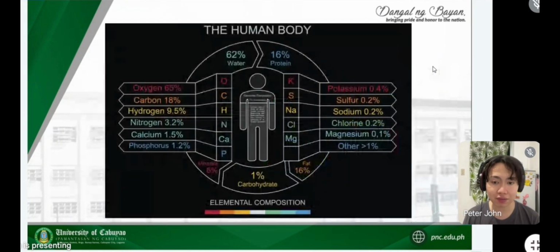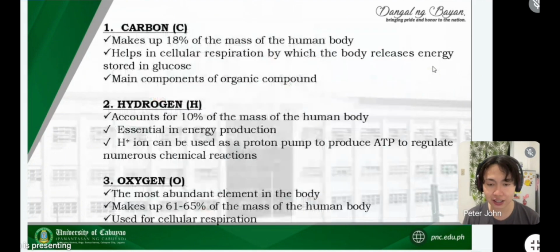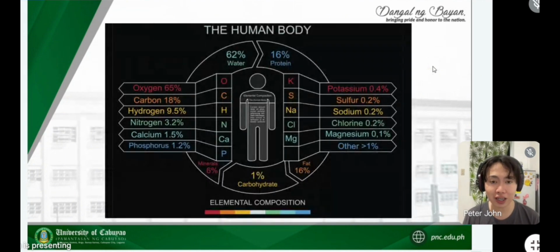Next, we have this one, an illustration of how biomolecules occupy a percentage of the human body. So, kumbaga yung focus lang natin dito is sa tao lang muna. Kasi nga, tayo lang naman pinag-uusapan dito. Pwede naman sa pusa, kasi hindi naman tayo pusa. So, yung focus lang natin is for human. So, sabi ko nga sa inyo kanina, we humans are made up of organic and inorganic compounds, molecules. So, unahin natin, organic molecules.